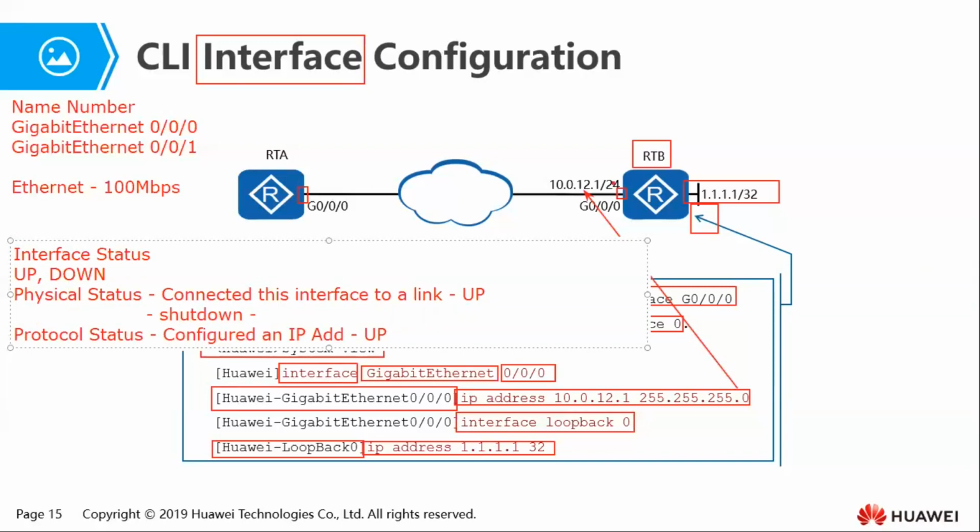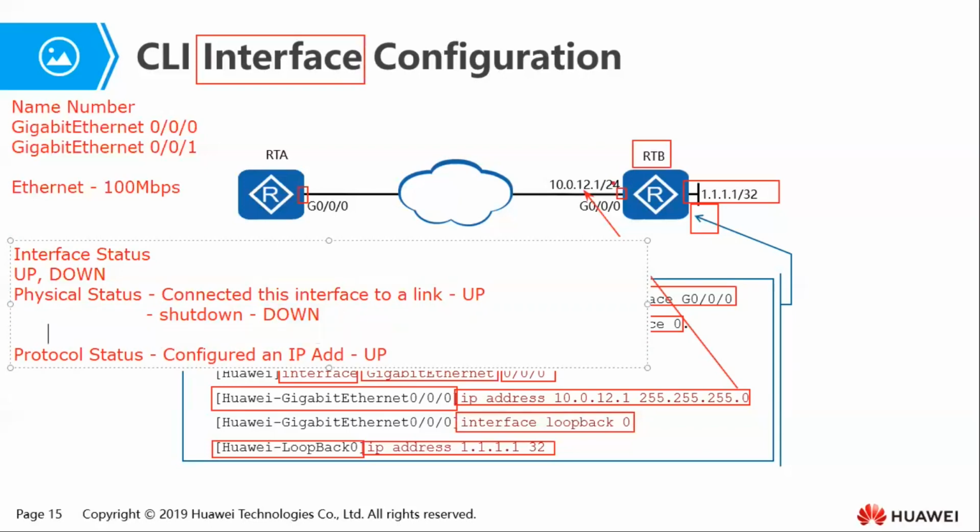When you use the shutdown command on an interface, even though you've connected it to a link, the status will turn from up to down. And when you've not connected an interface to a link, then the status will be down. When you've connected it to a link and you use the shutdown command on it, the status will change from up to down. In order to change the status to up again, you need to use